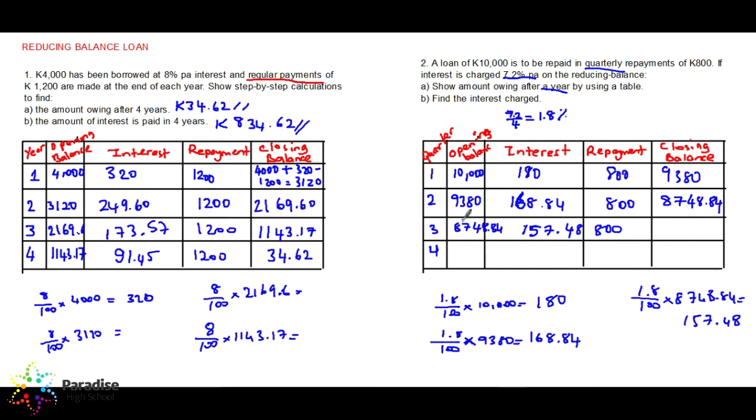So the result is 157.48. We add the opening balance with the interest, 8,748.84 plus 157.48 minus 800. That makes 8,106.32. So that comes as the opening balance,